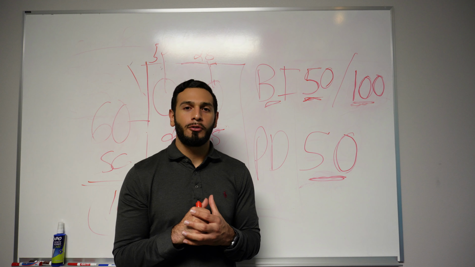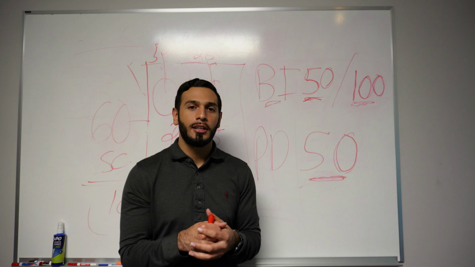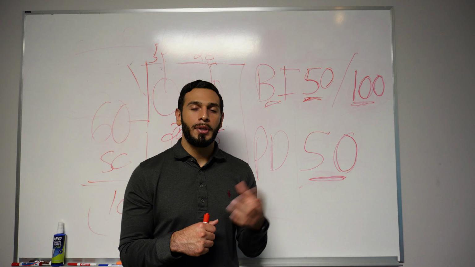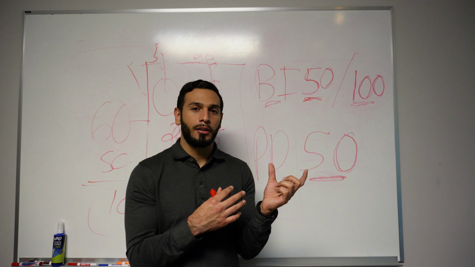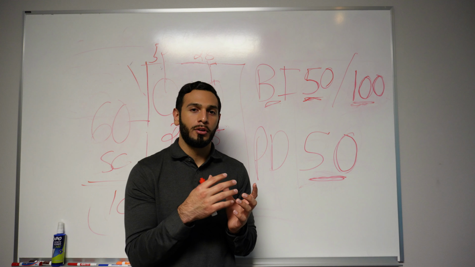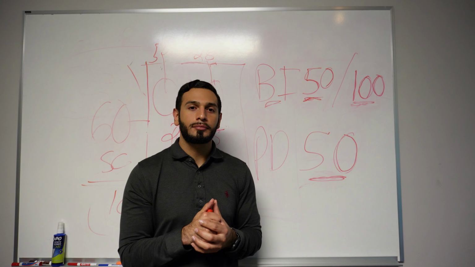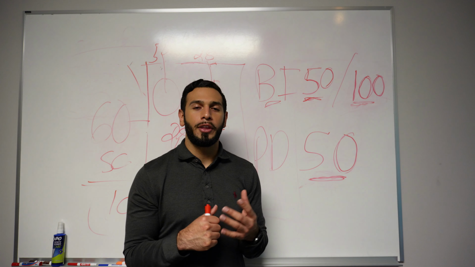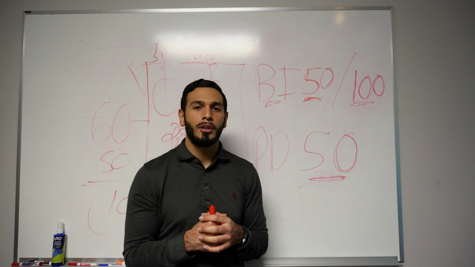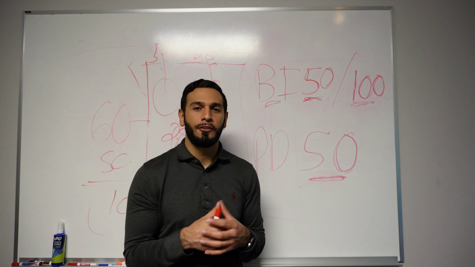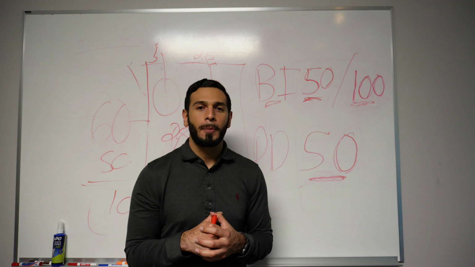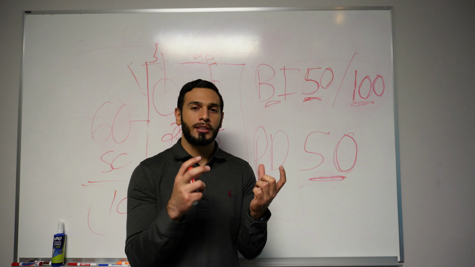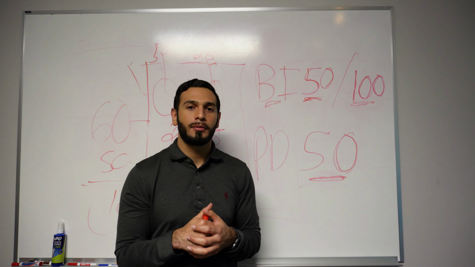So collision is going to be used for any at-fault accident the insured causes. If they hit another vehicle or property or anything else, they will have to meet that deductible to fix their damages to the vehicle, and the insurance will pick up the rest of the tab. Comprehensive coverage is going to be for anything other than collision. So think of theft, vandalism, or any weather-related accident, such as flood, fire, things like that. In the same scenario, you'll have to meet that deductible before the insurance covers the rest of the property damage that's been caused.